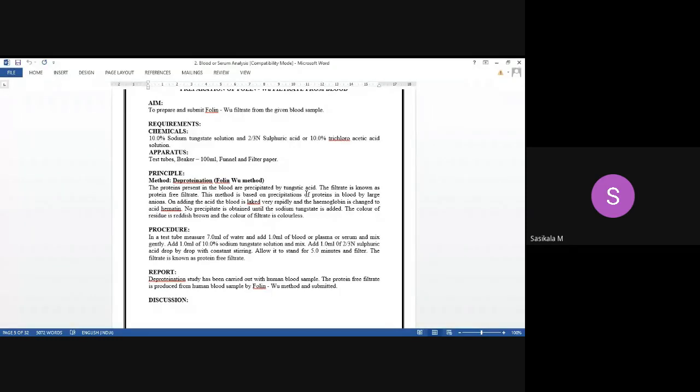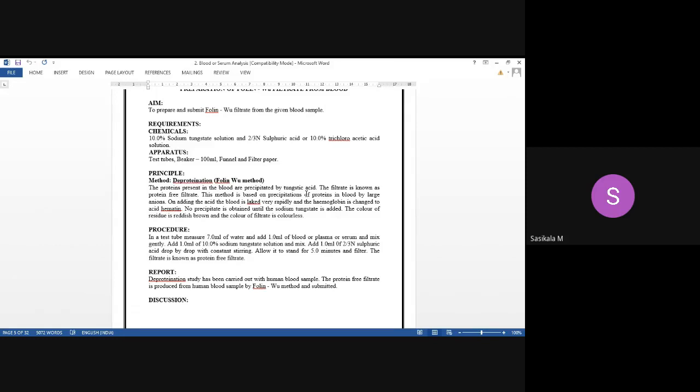Right? Amide linkage, and it is having nitrogen in it, so it will also interfere with the quantitative estimation of nitrogen containing other biomolecules. For example, creatinine, uric acid, urea. So these are all the substances. Some other substances also will be included that we'll be discussing later. So mainly for uric acid, urea determination and creatinine determination, you will be definitely using protein-free filtrate.